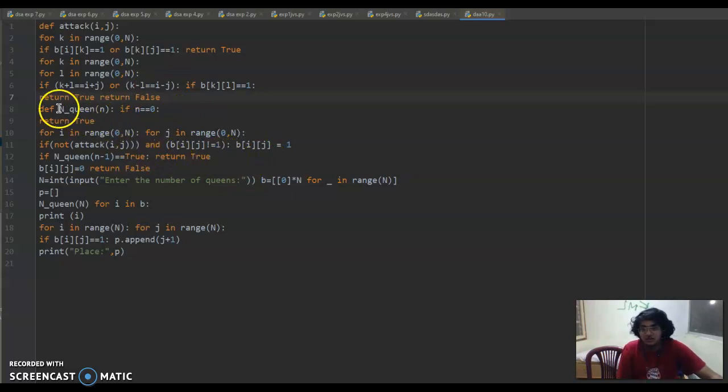Definition of nqueens. This is the number of queens placed. If n is equal to 0, then return true. For i in range of 0 to n, for j in range of 0 to n, until these conditions are true, then if not attack(i, j) and b[i][j] is not equal to 1,